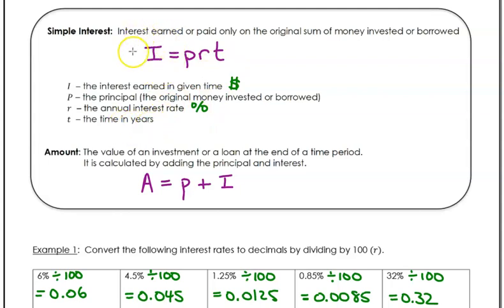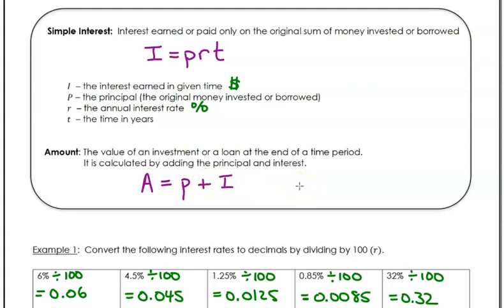Okay, now this is just the extra amount that you're either getting as a reward or you're being charged. Now, if you want the total amount, that we call the amount, right? We use capital A, and that would be if you took your original amount, your principal, and you added it to your extra reward or your extra charge. So both of those together is going to be your final total amount.